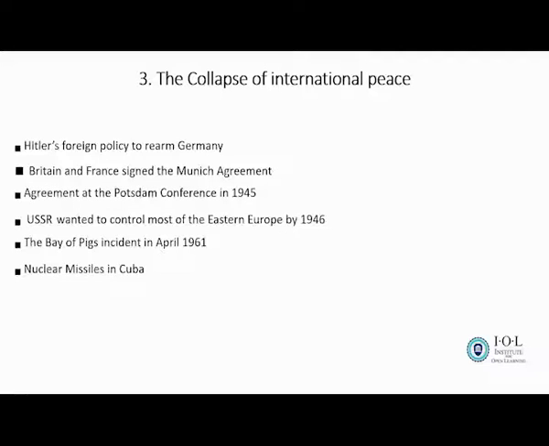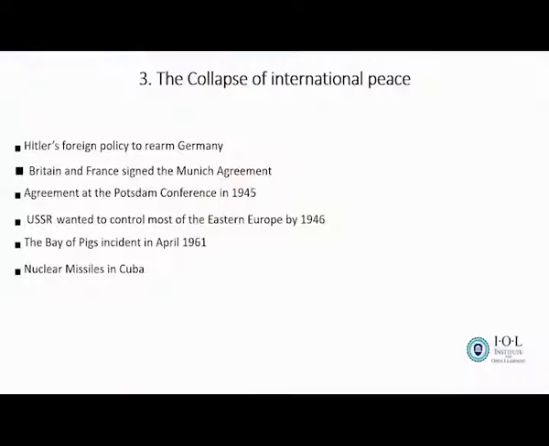Russia learned for the first time that the USA had nuclear weapons. Now what came to their mind was, why did they keep it a secret? They thought maybe they kept it a secret because they wanted to use the nuclear weapons on us. That's where the mistrust started. Conflict started between USA and USSR. So the threat of nuclear war increased hostility between the two sides in the Cold War.